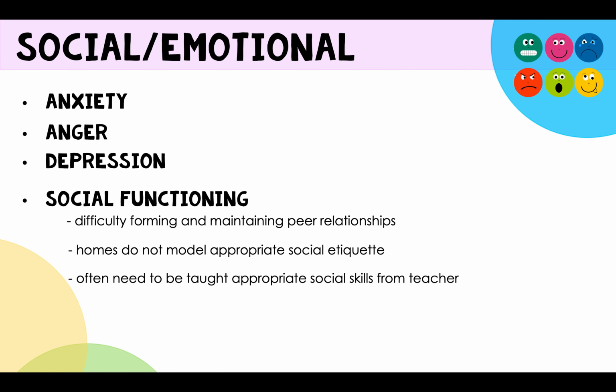When considering the social functioning of an emotional behavioral child, it is easy to make the connection that these students have a significant difficulty making and maintaining relationships. Many of these students grow up in a home where the adult figures are not demonstrating appropriate behavior, and therefore these students do not know appropriate social competence. It is the teacher's job to model and teach the appropriate social skills to these students.